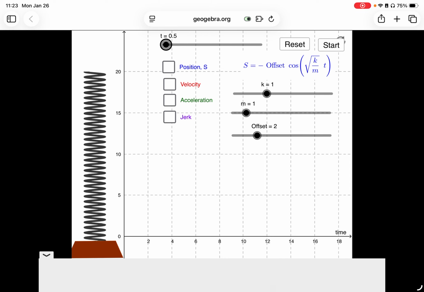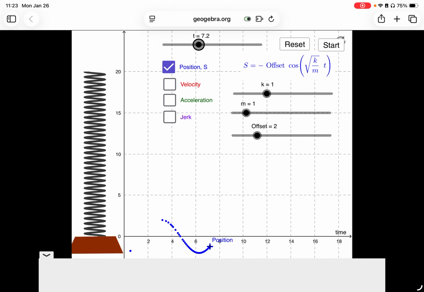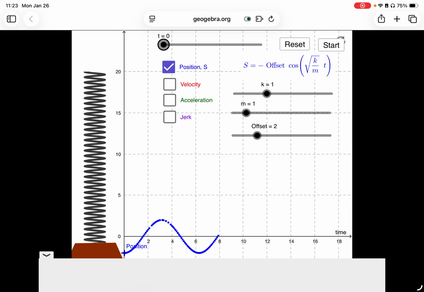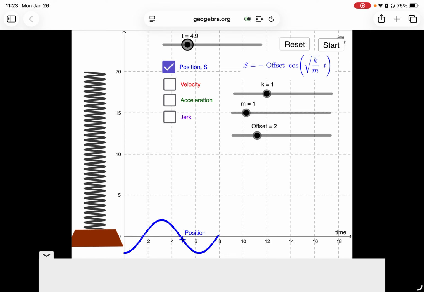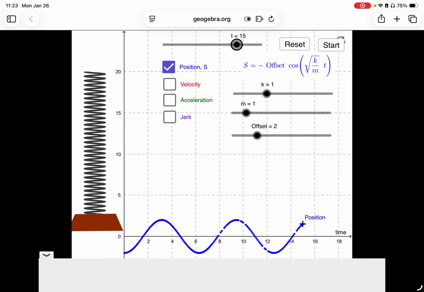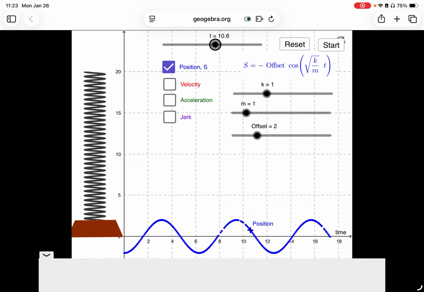And I've arranged it vertically here so that you can see the position as plotted will match with the position of the mass. So you can see to begin with here, we have it at its lowest extent, so it's at its maximum amplitude extended, and then we come up here, it's now at its maximum compression, if you like. So now the spring is completely compressed,